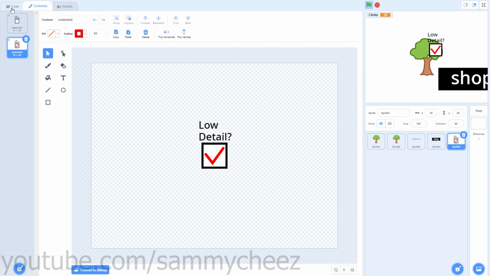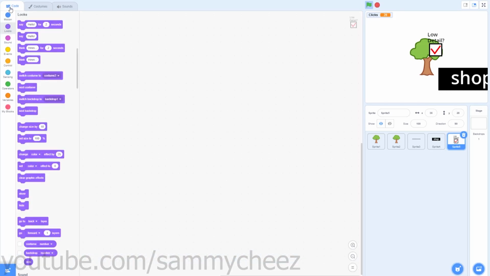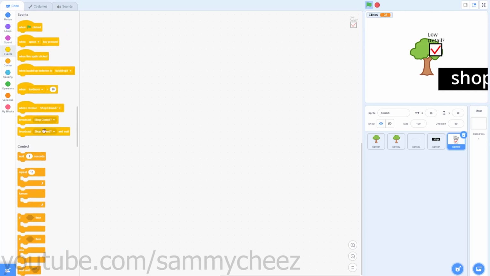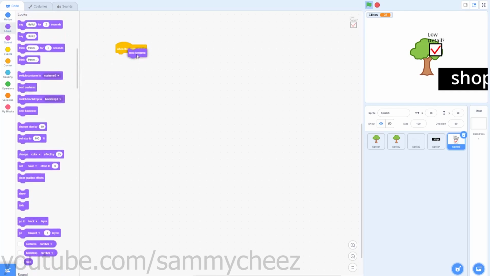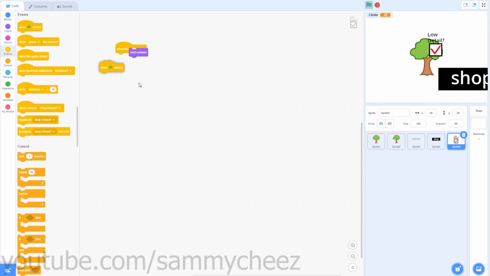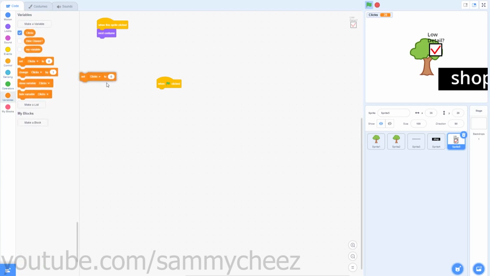Next thing you want to do is go to code, and then go to events. When the sprite clicked, looks, next costume. Then what you want to do is go into events. Oh, make sure to put that on there. One green flag clicked. Variables set changes to hide clones to no, because on default it's not going to hide